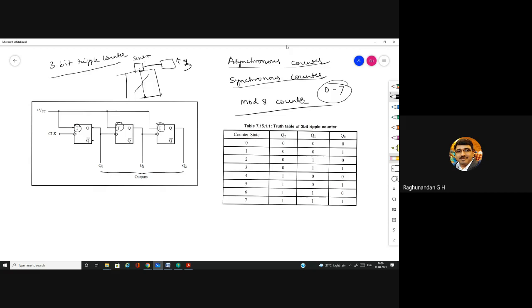We have seen toggling as a function in the JK flip-flop and master slave flip-flop. But in the toggle flip-flop, toggling is the only function. We cannot have any set or reset here. Its duty is just to toggle. When a clock pulse is given, it keeps on changing 0, 1, 1, 0, 0, 1, like that. It doesn't have any other functionality. That's why it is known as toggle flip-flop.